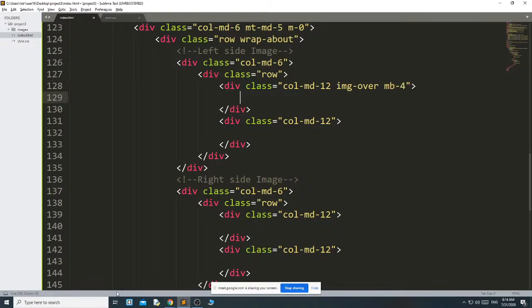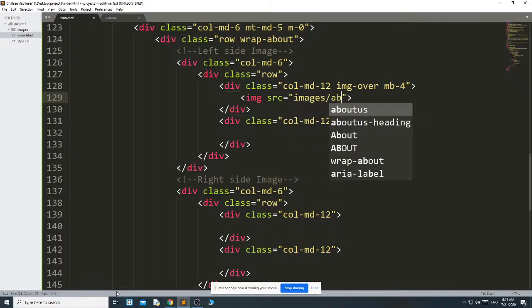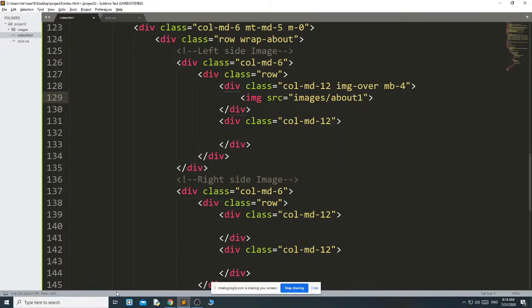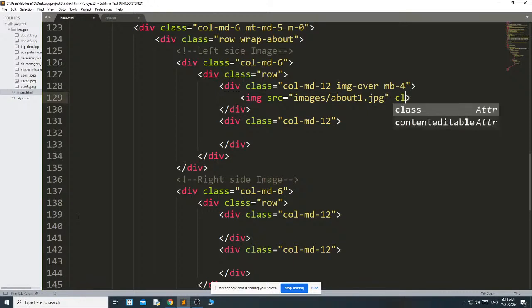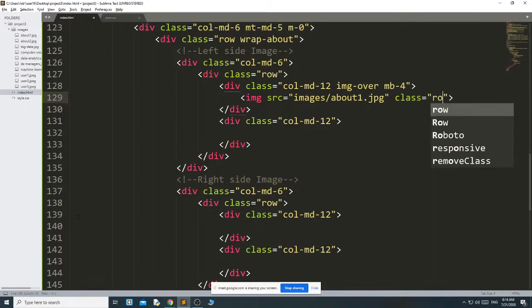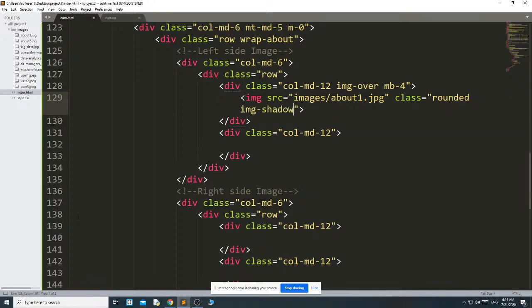Here I am going to add the image source images about one dot jpg, and the class will be rounded img shadow img fluid and alt equal to, you can write images.